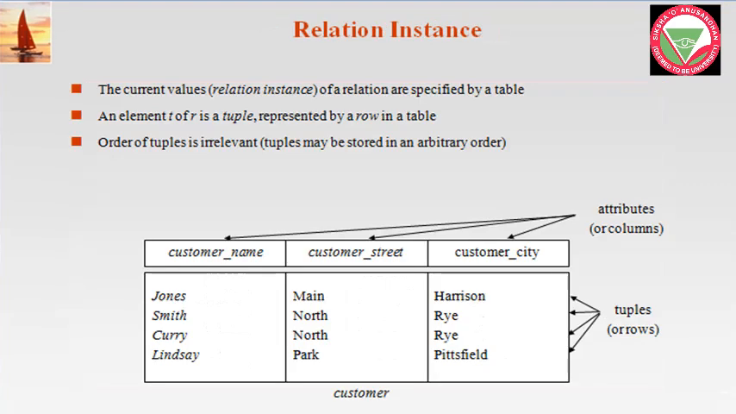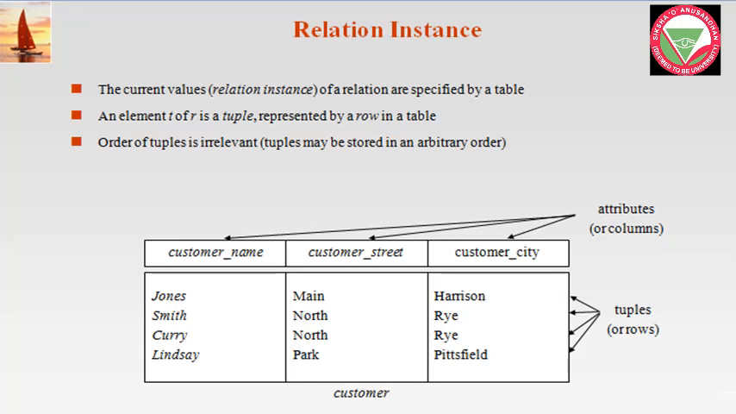Now we have to understand what a relation instance is. The current value of a relation specified by a table is generally called the relation instance. So what can happen is this instance may change. For example, today the first tuple that we see is Jones, the customer street is Main and the customer city is Harrison. Tomorrow it may so happen that Jones may move from Harrison to some other place,